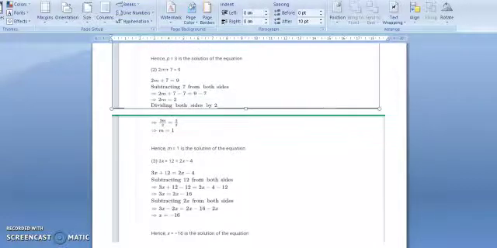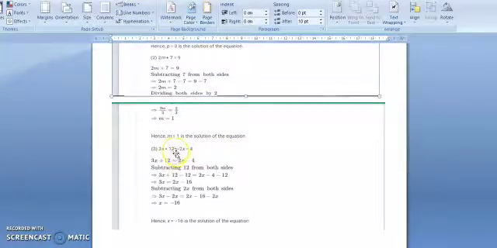Now the third question is given to you as 3x plus 12 equals 2x minus 4. First of all we have to eliminate this 12. To eliminate this 12, what do we do? The opposite of addition is subtraction. So subtract 12 from both sides. So 3x plus 12 minus 12 equals 2x minus 4 minus 12. So 12 will get cancelled. You will get only 3x equals 2x minus 4 minus 12, which is minus 16. Minus, plus: 12 plus 4 is 16, and the sign of the bigger number is minus, so minus 16.